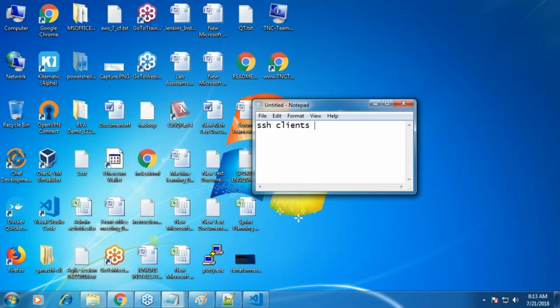If you are already using Mac or Linux machines, you don't need this. An SSH client is already available along with your operating system. But if you are on Windows, I'll be using Git for Windows. For the people who know, you can also use Putty. But I somehow hate Putty. It reconnects and it is not like Linux. So I'll not be using Putty in the classroom. If you want, you can try it out.